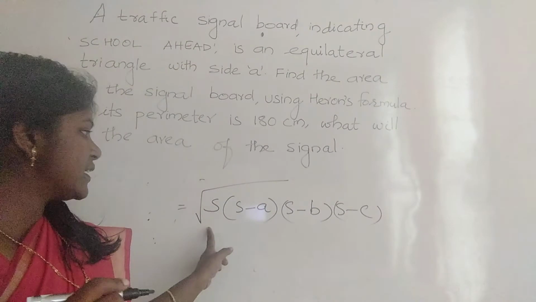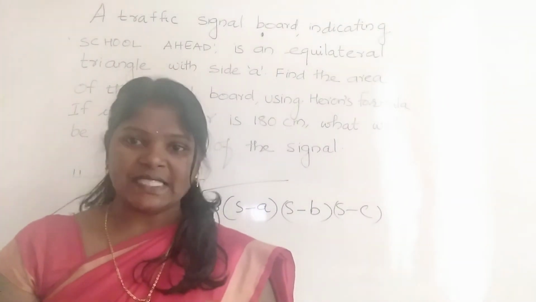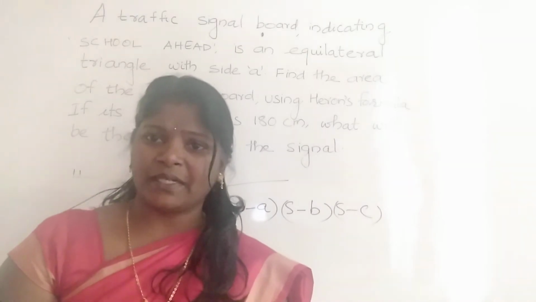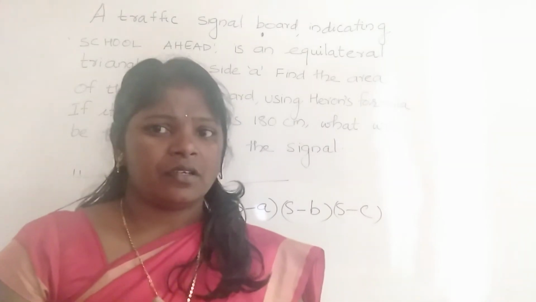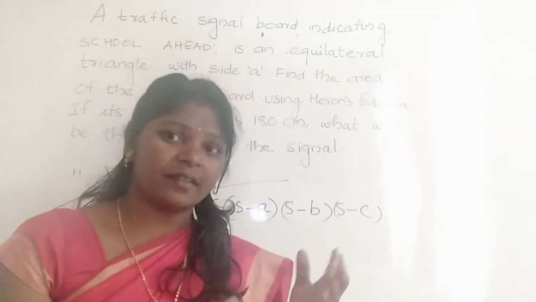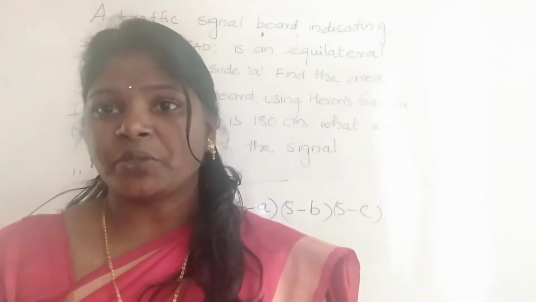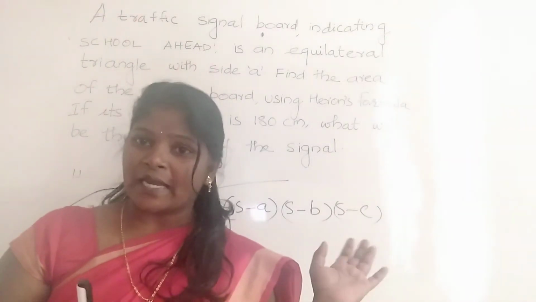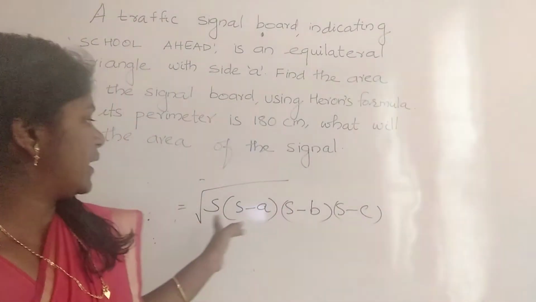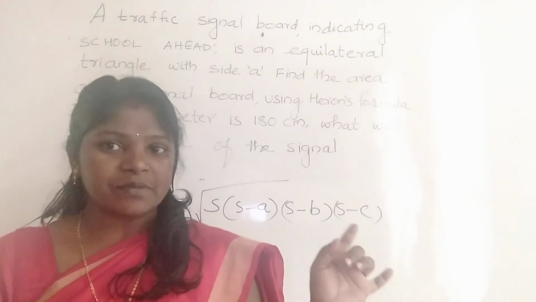And who derived this formula? Heron. He was born in Egypt and he worked in applied mathematics and wrote three famous books, and in the first book we can find the equations to find the area of triangles, squares, quadrilaterals, everything. And here we are studying Heron's formula for finding the area of a triangle in terms of its sides.